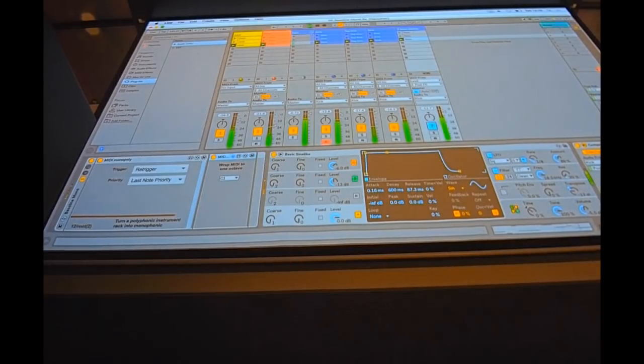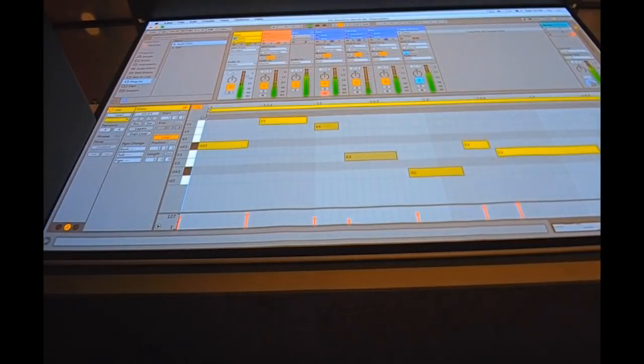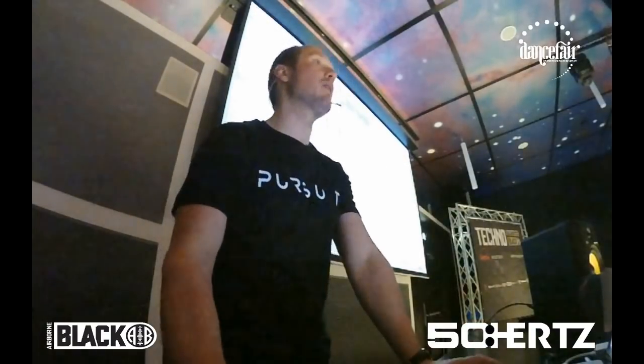So now I want to do a different melody, for example, the one that I have here. And now I know this bass line will follow in exactly the notes that I want without losing that bottom end power that you want for your sub basses.